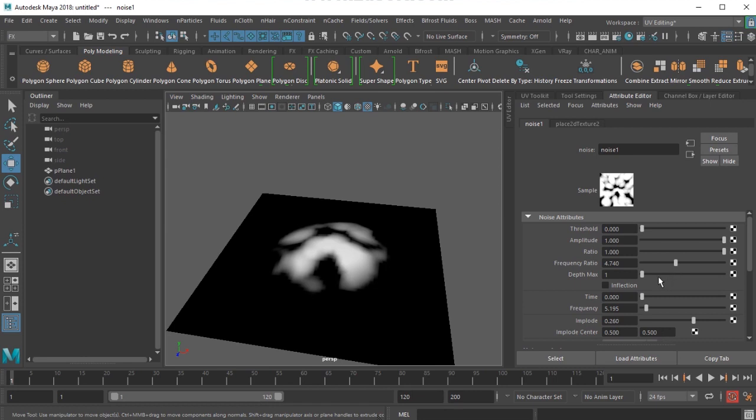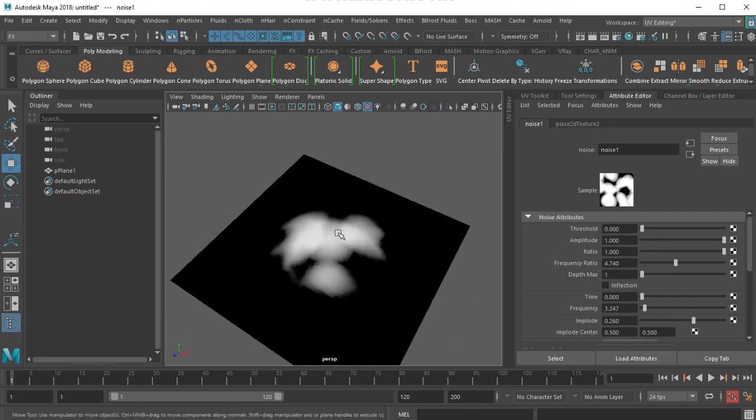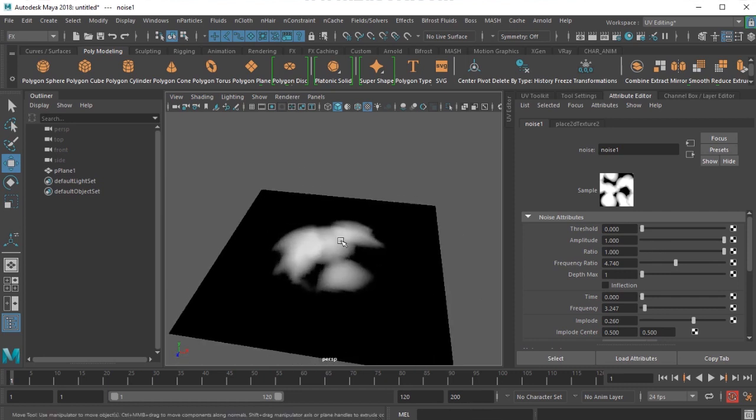I've changed certain values. Mainly I've changed the depth max to 1, and I've changed the frequency to low, and I got some big circles of white color here, and we have this time.